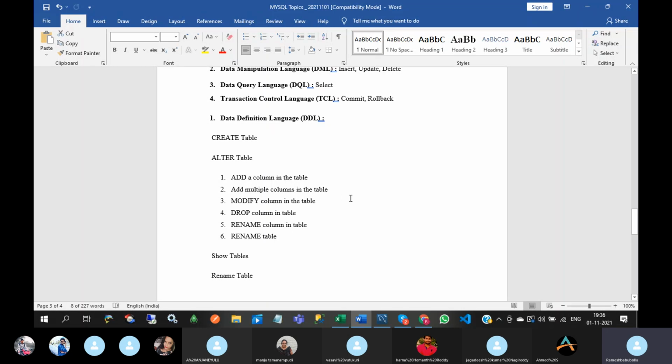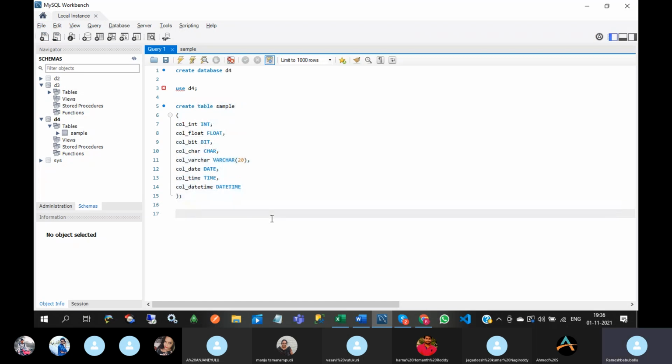We can write the query for this. Alter table, the name is sample, and add one column, add varchar of 100 after it.